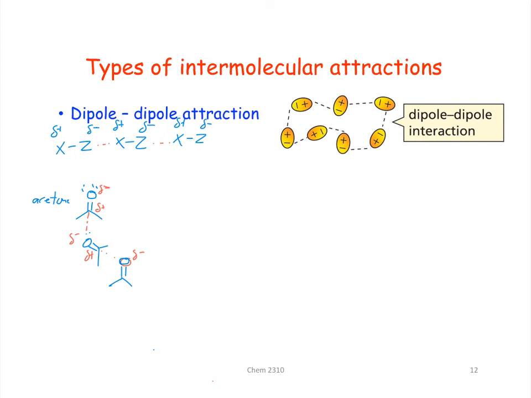And so we have these dipolar attractions like this. All right, another example could be with something like an ether. Right, so the oxygen is more electronegative, so we have a delta minus here, leaving delta pluses on the two carbons adjacent to it. And so this oxygen can be attracted to the delta plus side of another ether molecule,